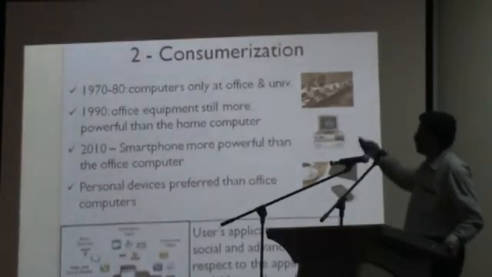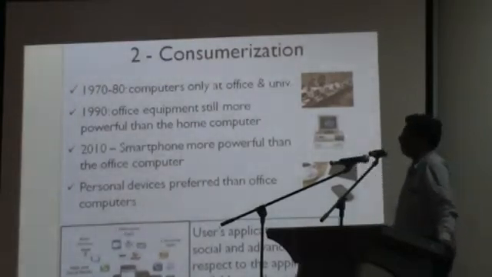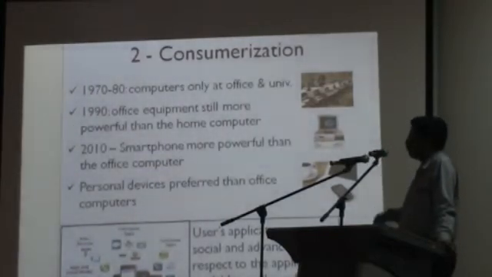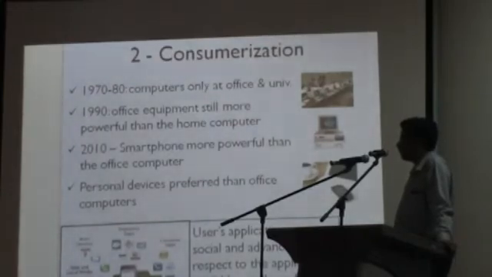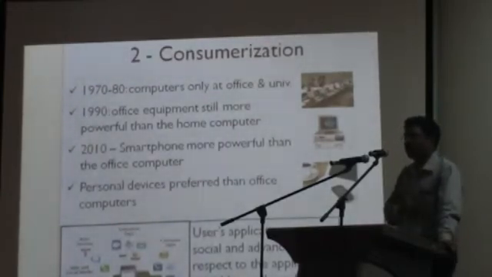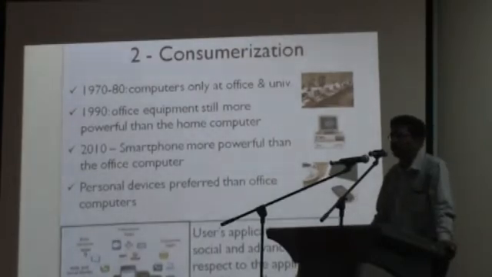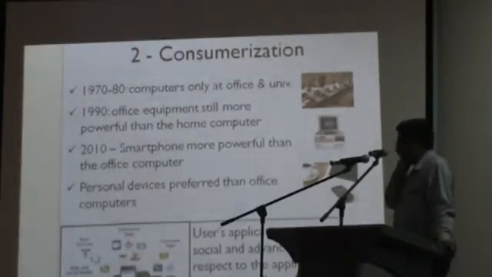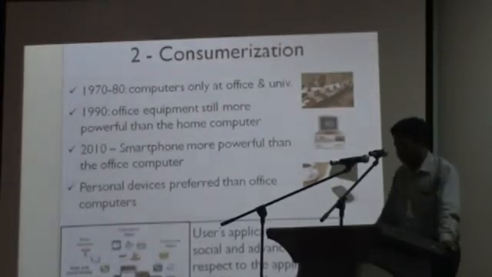Well, how consumerization happened, I guess that's the lineage there. 1970, computer at office. 1990, office equipment more powerful than a home computer. Then smartphone more powerful than an office computer, and today our personal devices are more powerful than my office computers. So that's where we have reached, and we can't send